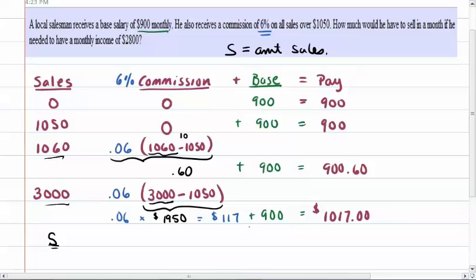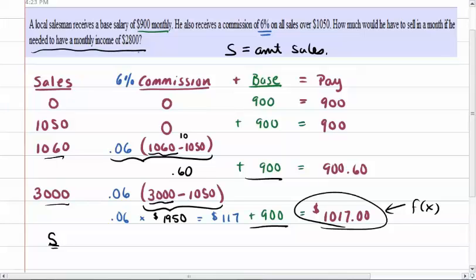And don't forget that this 900 got added each time, and we ended up with our Y value, or f of x. Once you have that, then to answer the question, you have to go back up and substitute in for the f of x, the 2,800, and then solve for S. See if you